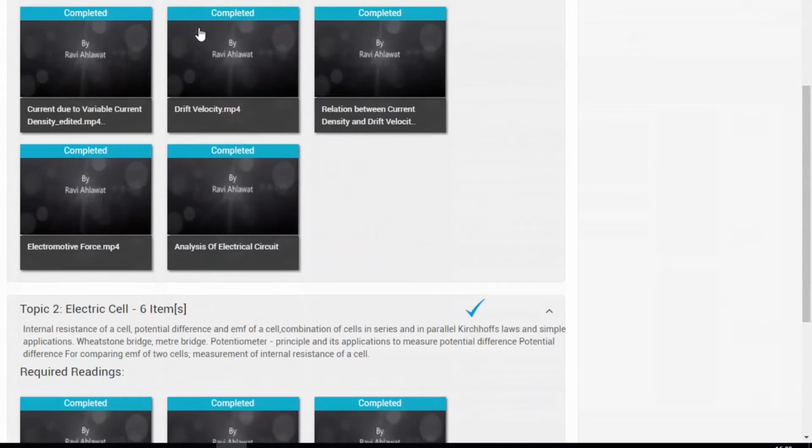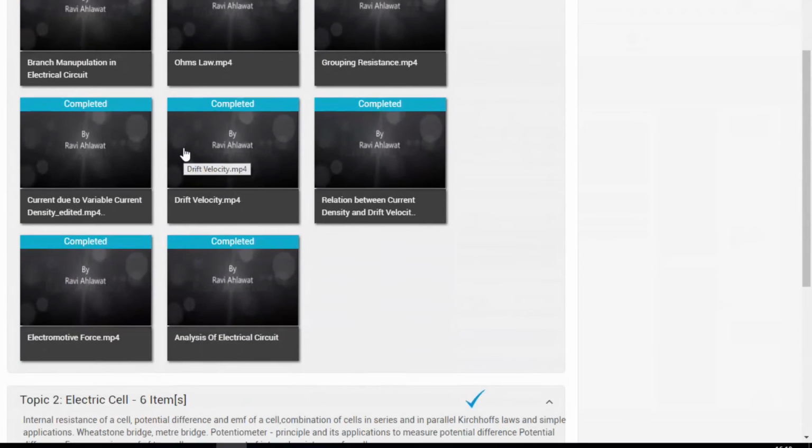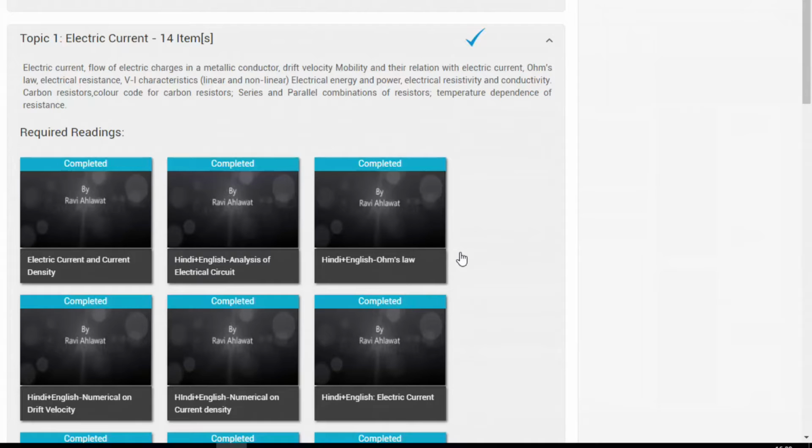At this point, note, just as in a class, you do not have the option to miss a lesson and jump to the next one. Similarly, at a class in iScholar, you must complete every topic-based video in the sequence presented to you, as you do not have an option to skip a video and proceed to the next one.